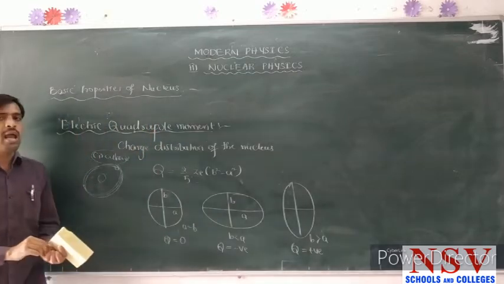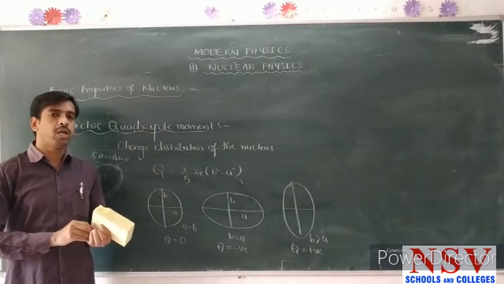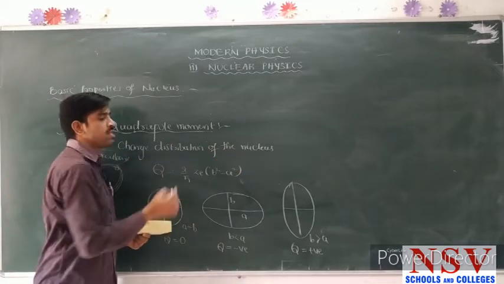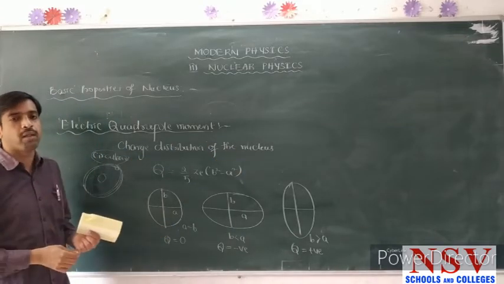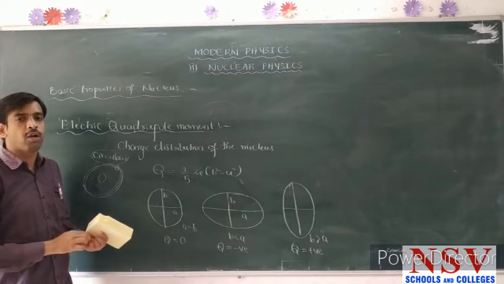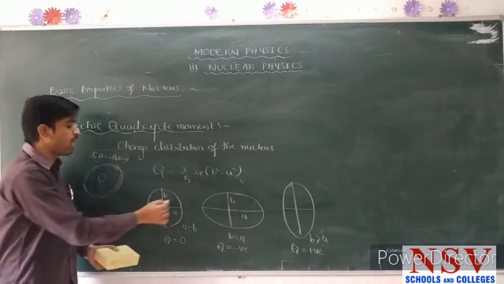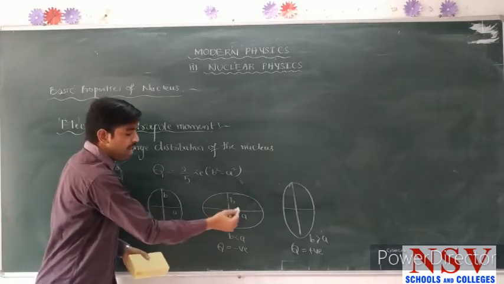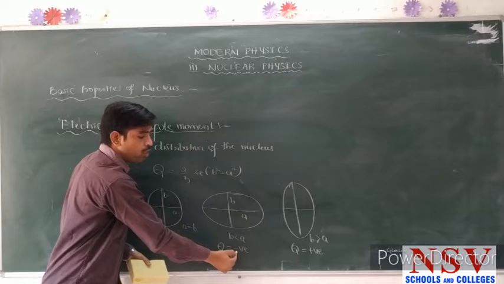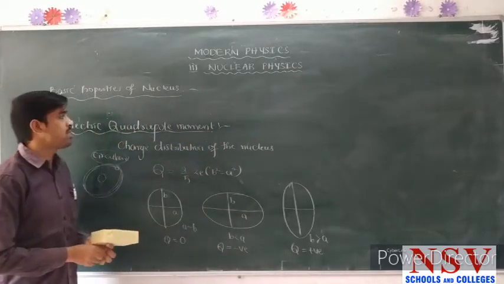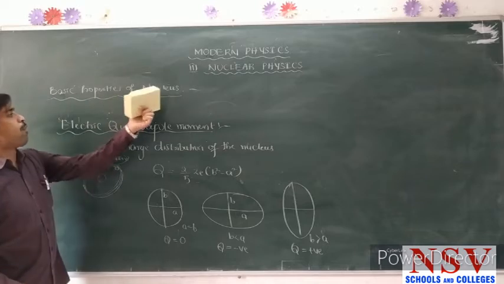Most probably, the electric dipole moment gives information about the charge distribution of the nucleus as well as the deviation of the path of the particle. It will not be moving along a circular path; it must be moving in an elliptical manner. At that time, sometimes we get negative and sometimes positive. These are the basic properties of the nucleus.